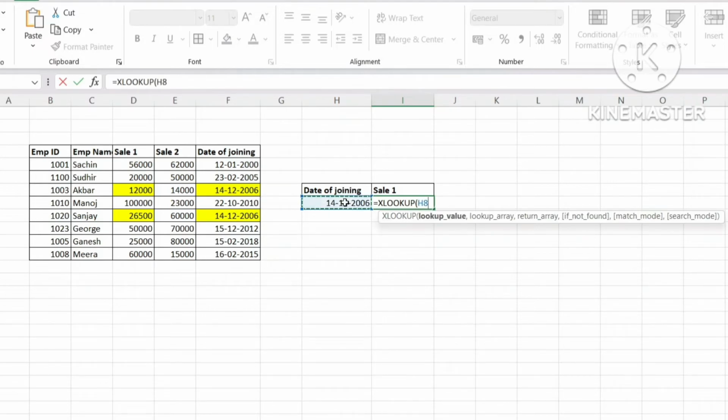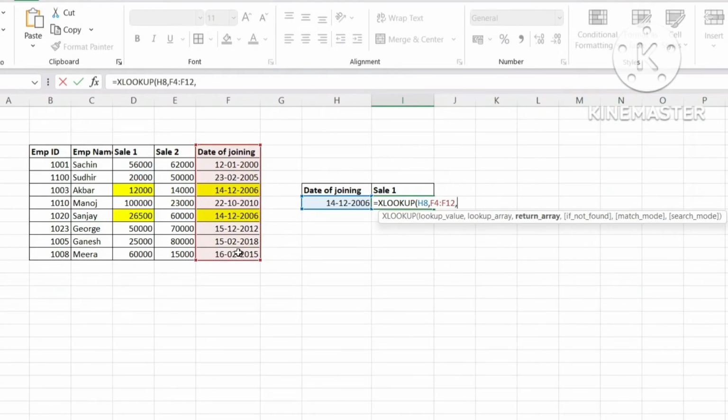So we'll use this date. But for this date, we have two matches in our data. Which corresponding value needs to be taken, this value or this value? We'll see that. Where will I find this date in our table? In this column from here to here,